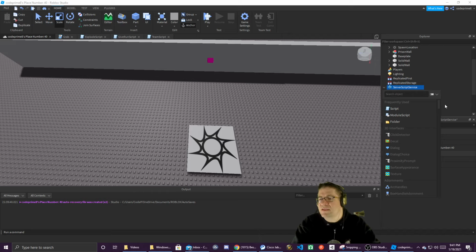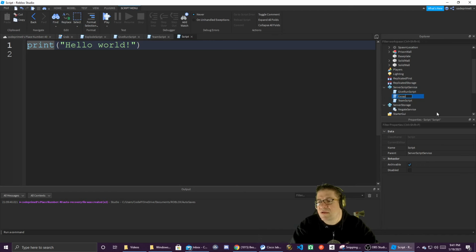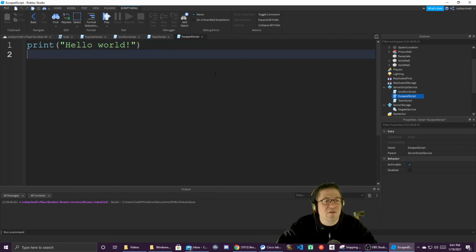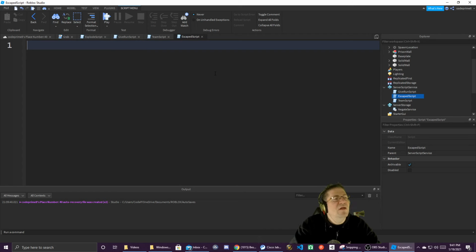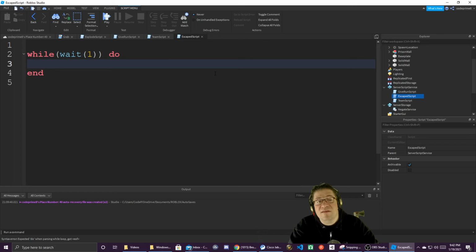So let's create another script, and we're going to call this the escape script. This is only for inmates who are trying to escape, so it should be a pretty simple one. To do this, I'm going to do a while wait loop, and we can check this every second or so. Do. So for every second, we're going to say local inmates equals